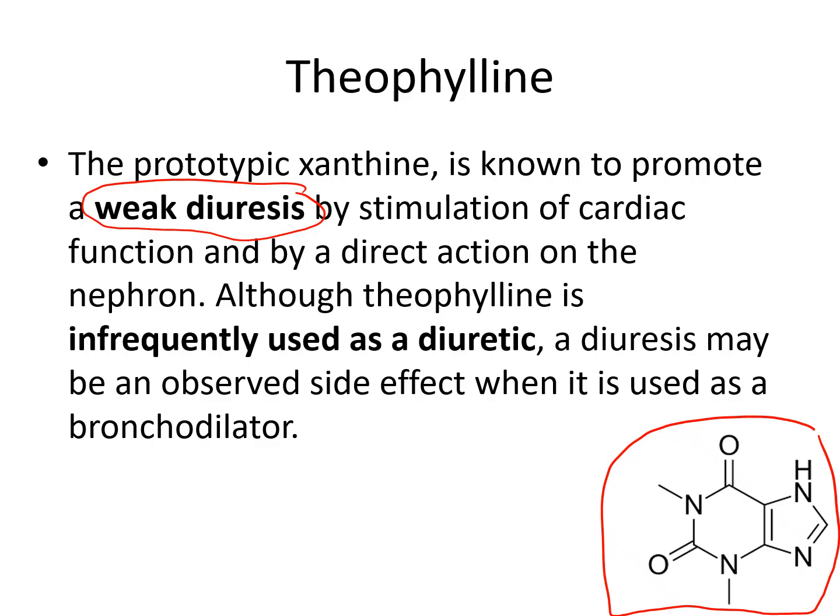Thiophylline زي ما حكينا is because of its weak diuretic effect and very less predictable effect of diuretic ما بنقدر نستخدمه as a diuretic drug. And the other reason why we don't use it as a diuretic, it has a narrow therapeutic index that's mainly used, make the compound only used mainly for its bronchodilator effect.